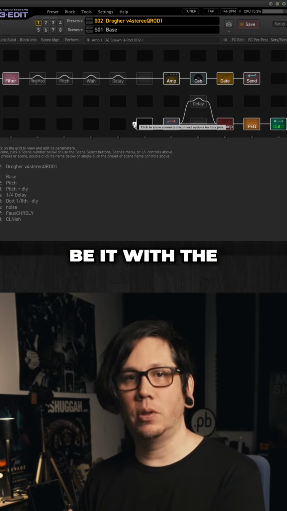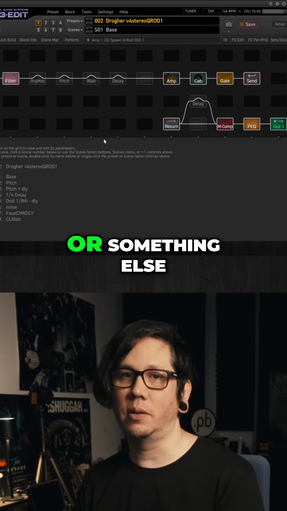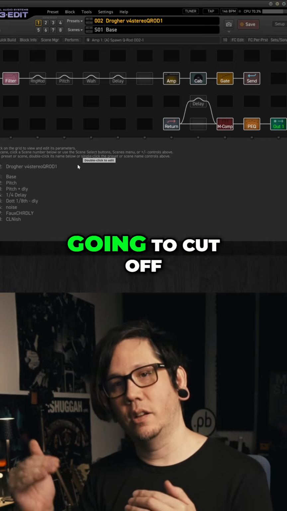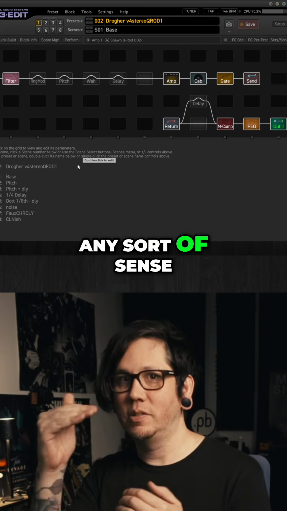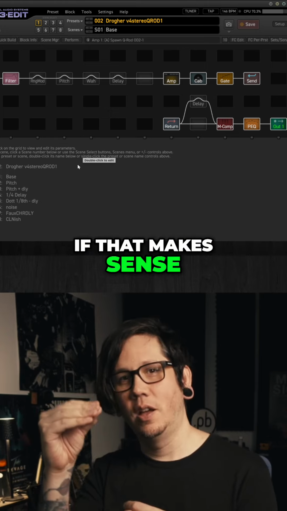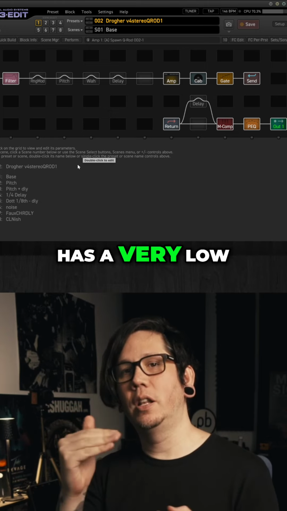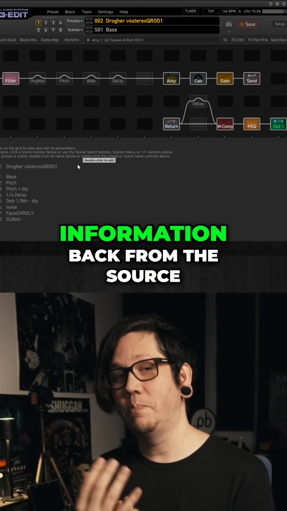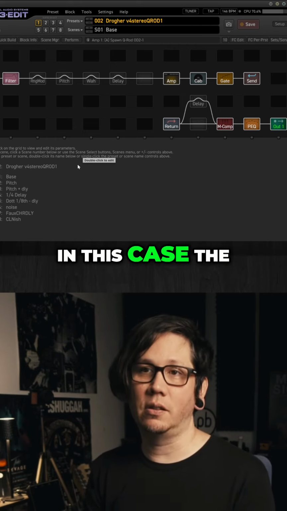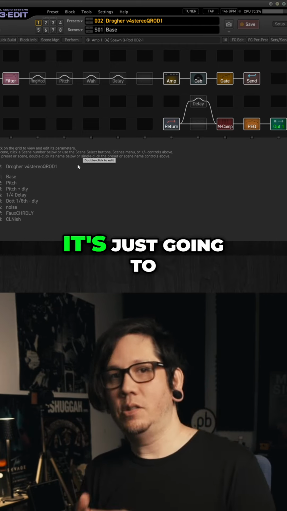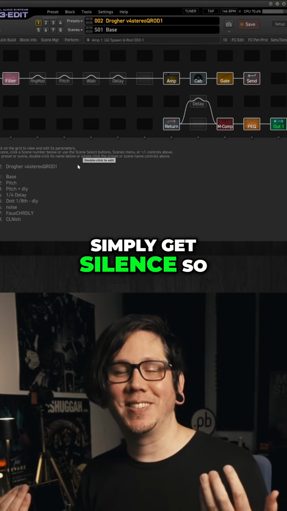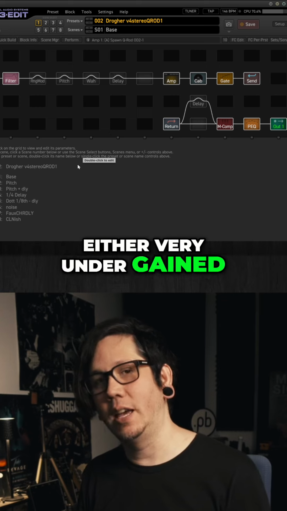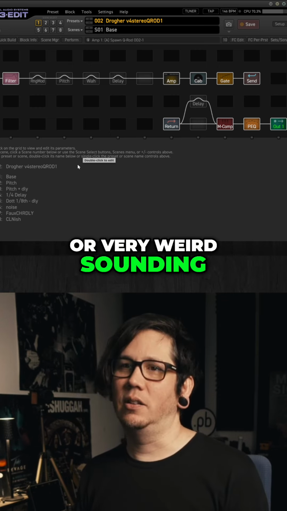to do, be it with the Nano Cortex, be it with Tonex or something else, simply because for the capture, the noise gate is going to cut off any sort of sense of dynamics, if that makes sense. So if the capture process has a very low volume at some point, instead of getting signal and some kind of information back from the source, or in this case, the FM3 for me, it's just going to simply get silence. So when you get the capture afterwards, it'll be either very undergained or very weird sounding with no gain